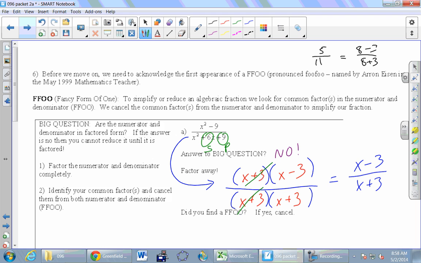So make sure you avoid the temptation to just cancel things. If there are addition signs or subtraction signs, you cannot cancel. Only multiplication. For the same reason, you couldn't go to the original and say, oh look, x squared on top, x squared on the bottom, just cancel them. You can't, because there's subtraction, because there's addition. So the only way you can cancel is by factoring. Okay, so let's move on